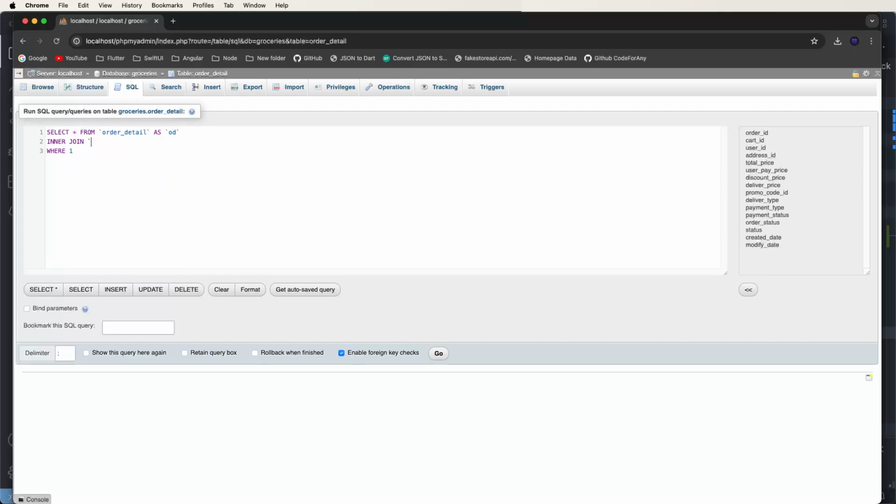Now give the cart details table the alias cd, and in the on clause write cd.order_id equal to od.order_id. Like this we check, and also check